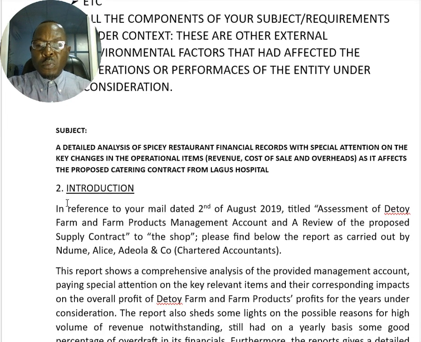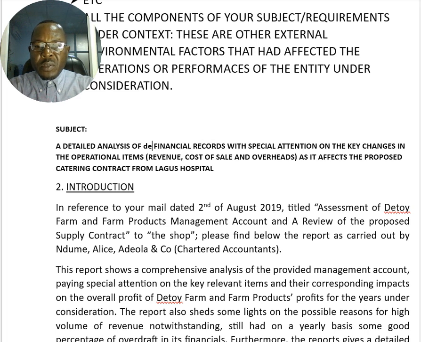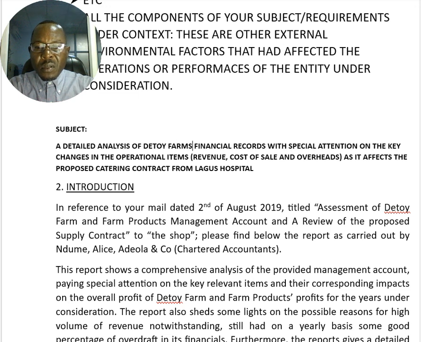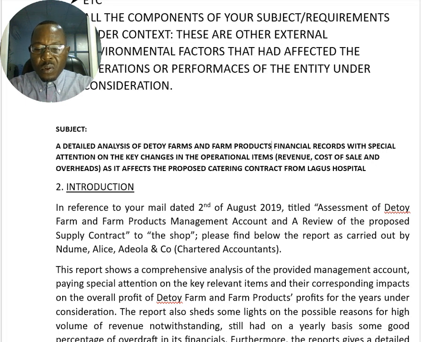So this is the sample of the subjects that we are using. The detailed analysis of spicy restaurant. Okay, this is not supposed to be spicy. This should be Detroit Farms. My apologies. This is supposed to be Detroit Farms and farm products. Financial records with special attention on the key changes in the operational items, revenue, cost of sale, and overheads as